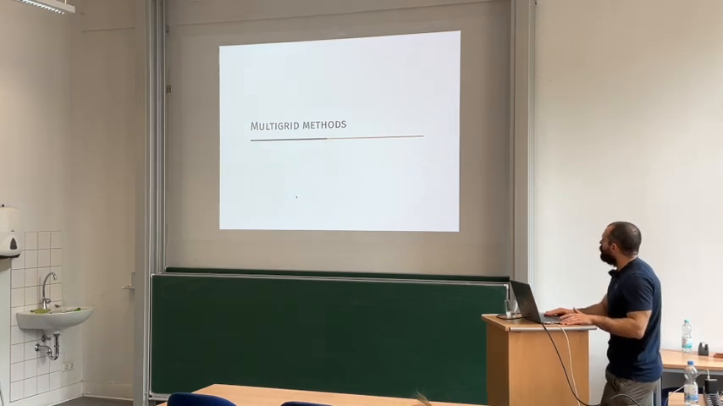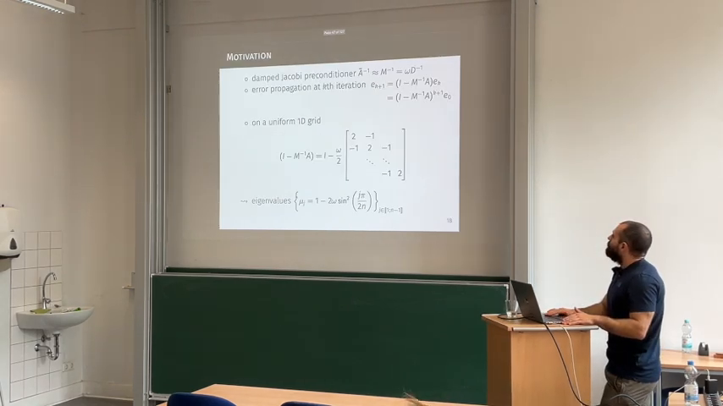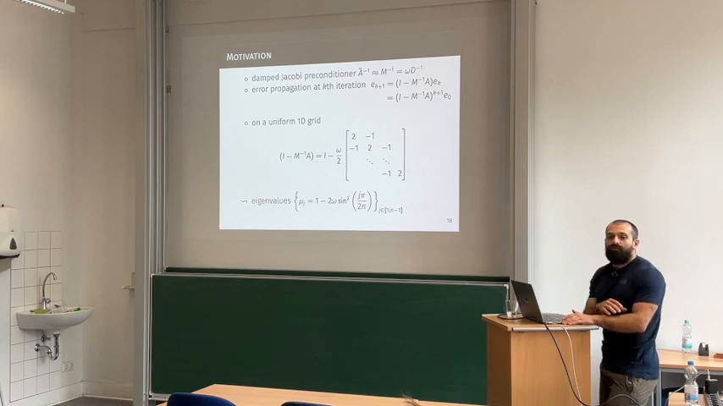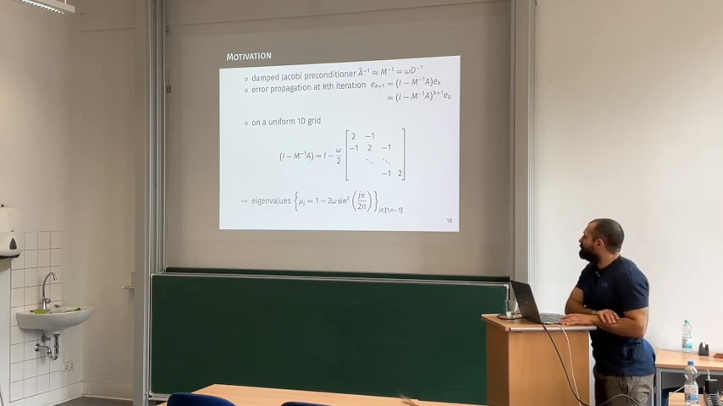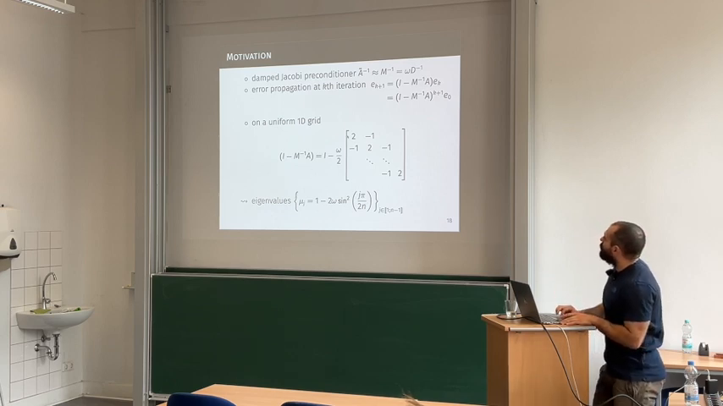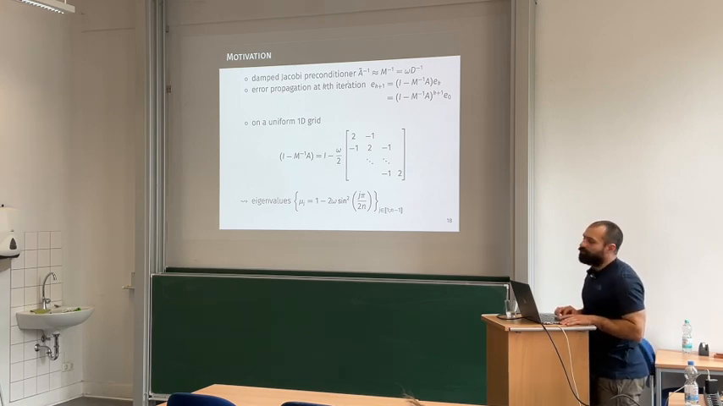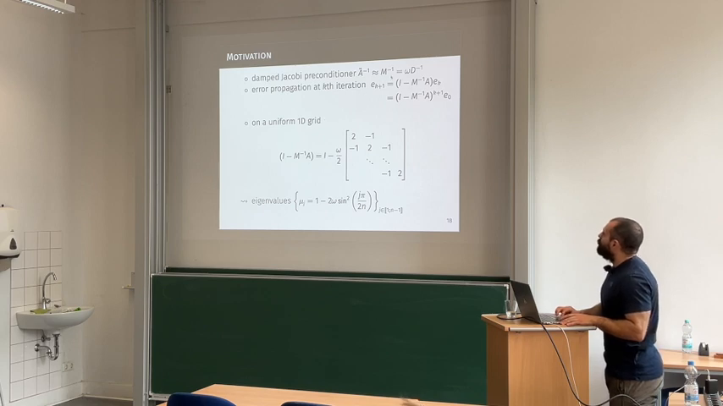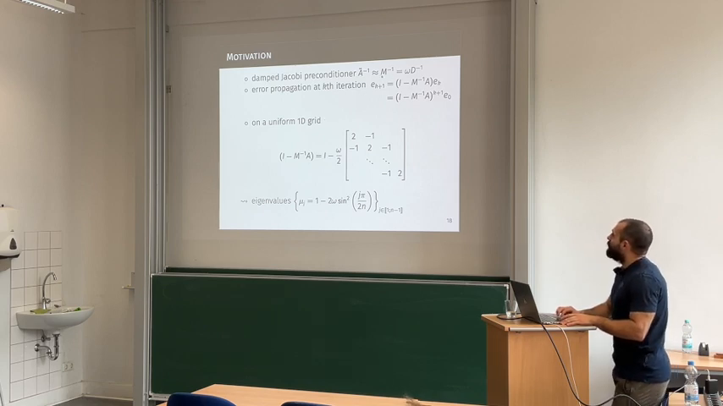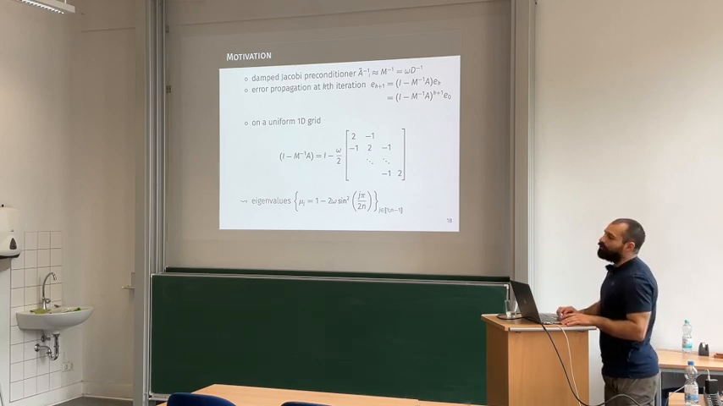Okay, so now we jump into multigrid methods. I don't know if you're all very familiar with multigrid methods, so I will just start with a theoretical motivation, let's say, of multigrid preconditioning. For this, I'll assume that we are again solving the Poisson problem with a finite difference stencil on a 1D grid. If you look at, for example, the damped Jacobi preconditioner, you know that if you have